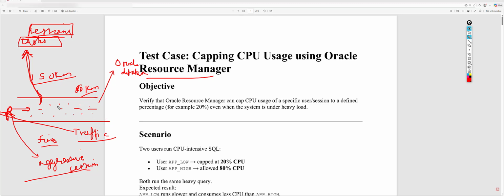Every vehicle will have some speed, and you can take this speed as the CPU utilization here. Other sessions are consuming fewer resources, but only one session is consuming a lot. One session is consuming 80% CPU, other sessions are consuming 20% CPU. This one session does not need 80% CPU, unless that session is running any critical jobs. Similar to the traffic police,